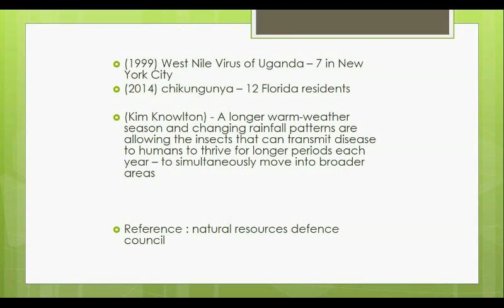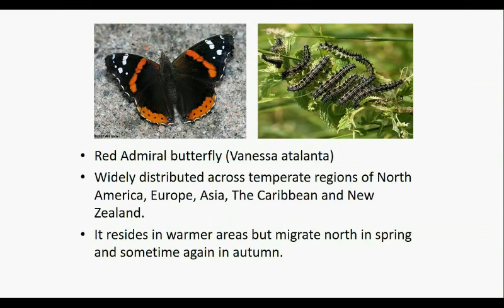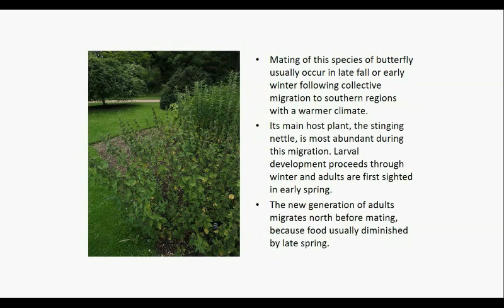So one of the examples is Vanessa atalanta, also known as the red admiral butterfly. It is widely distributed across temperate regions in North America, Europe, Asia, the Caribbean, and New Zealand. It usually resides in warmer areas but migrates north in spring and sometimes again in autumn. So the mating of these species of